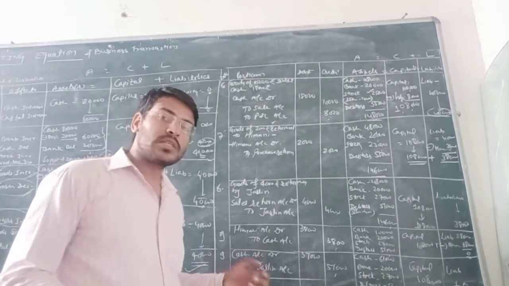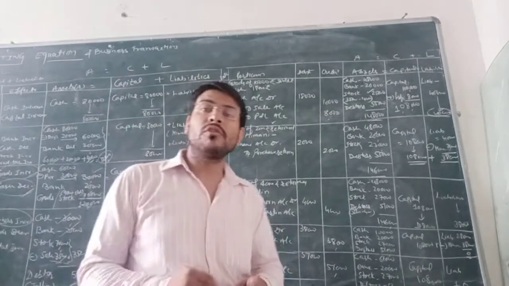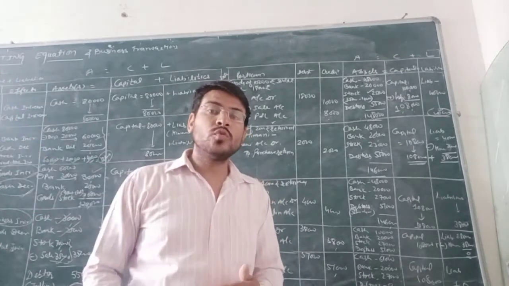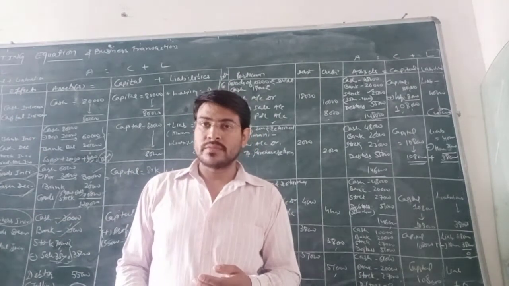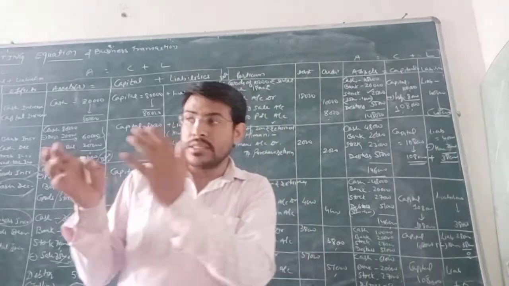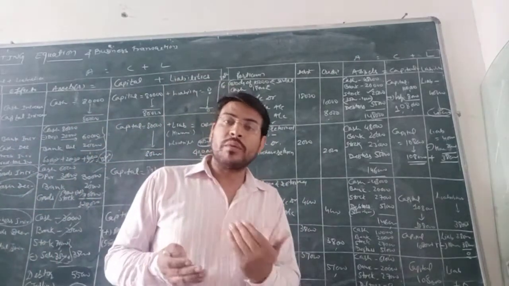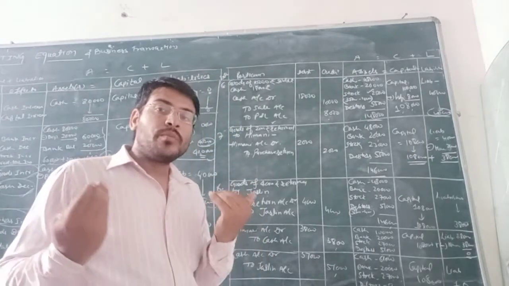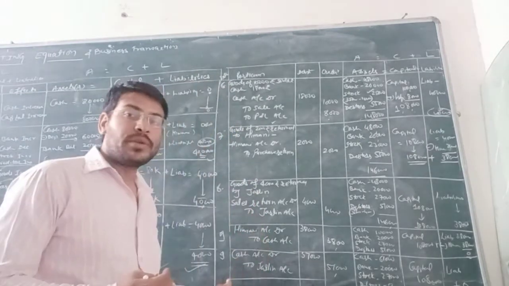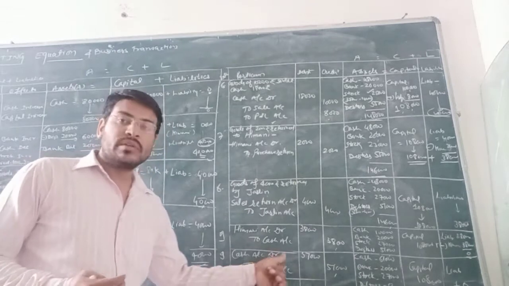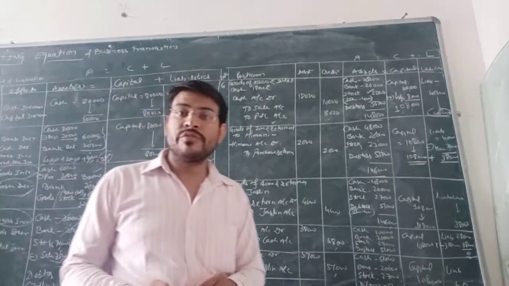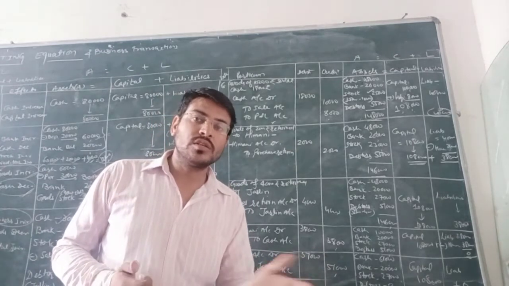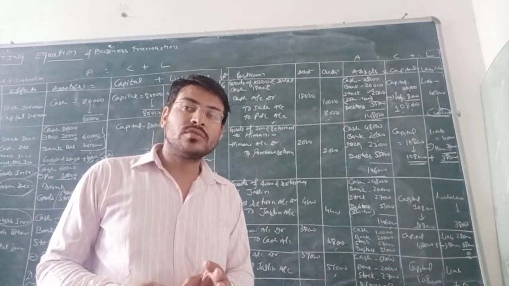Now, talking about Justine, Justine has also cleared her account. Justine is the person to whom we have sold the goods. She is making the payment, which means our debtors, our customers, will reduce. So money comes into the business. Cash account debited 51,000. Why 51,000? Actually we have sold the goods to Justine of 55,000, out of which goods of 4,000 she returned to us. So the remaining 51,000 she will pay to us.